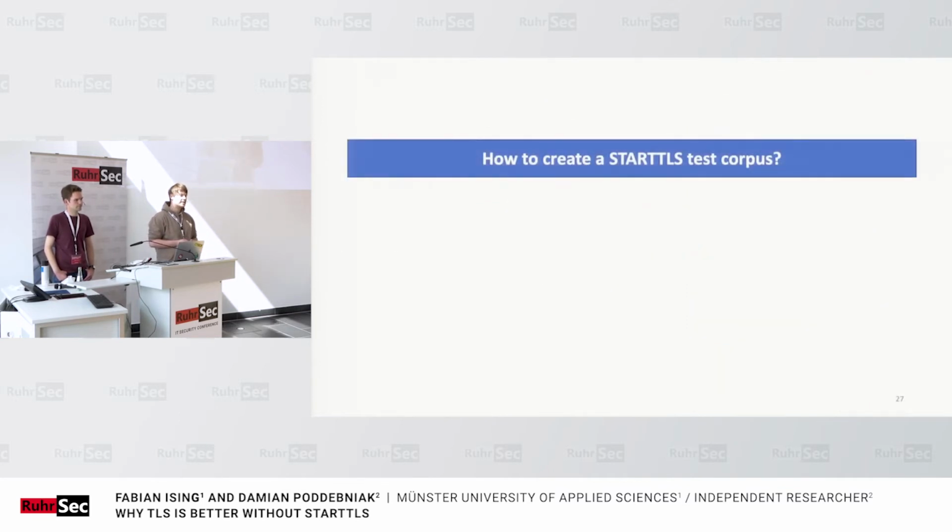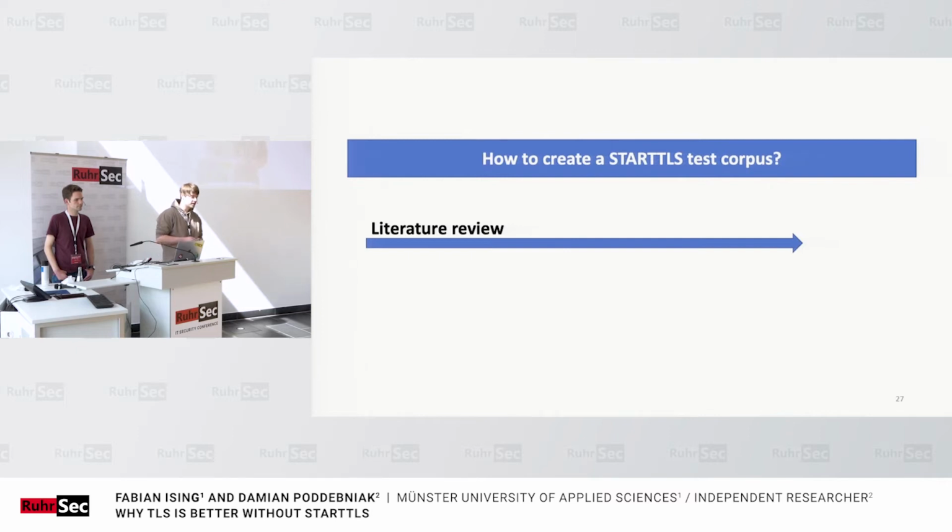And now, how do we create a good STARTTLS test corpus? What we did was, in the first place, we conducted a literature review. In this review, we queried CVE databases, bug trackers, and search engines for keywords such as STLS and STARTTLS. What's interesting here is that already at this stage, we could create a small test corpus, and as we will see, 2 of the most devastating attacks were already present at this time. We just had to apply a well-known issue to a new set of email applications.